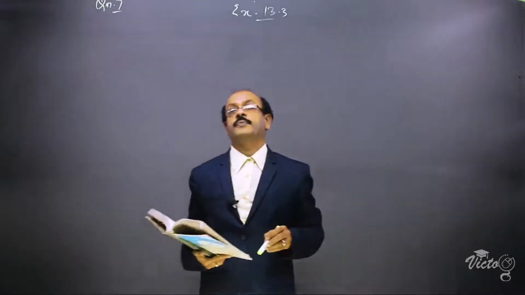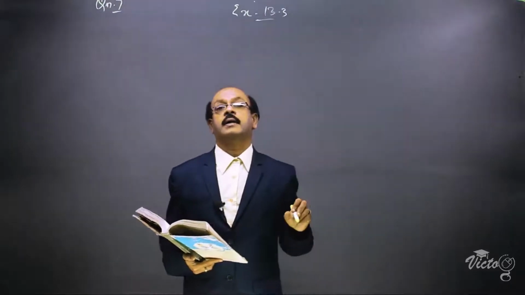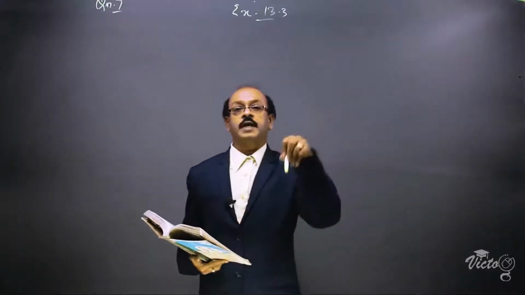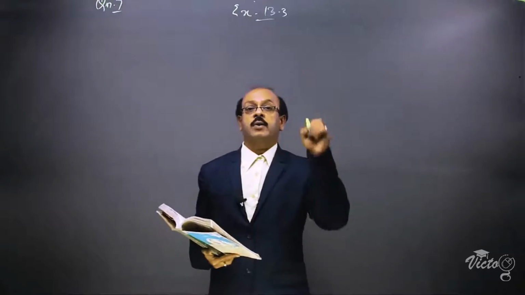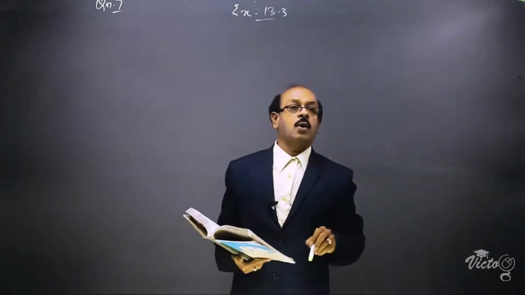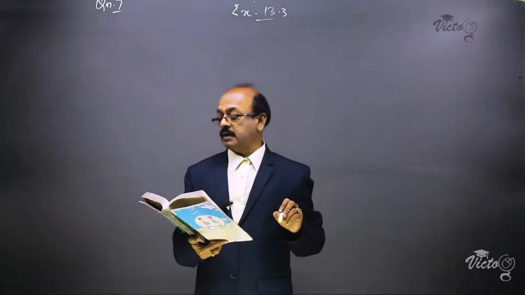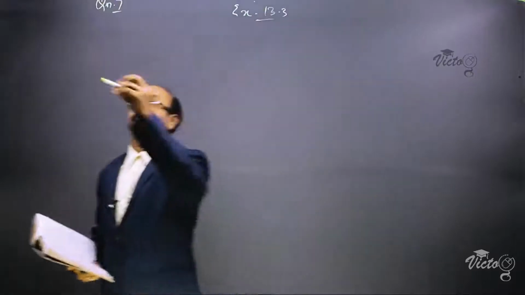This is the question. There is a cylindrical bucket which is full of sand, and this sand is emptied onto the ground and made a conical heap. We have to find the radius and slant height of the cone. For that, it is given that the cylindrical bucket is 32 centimeter high.